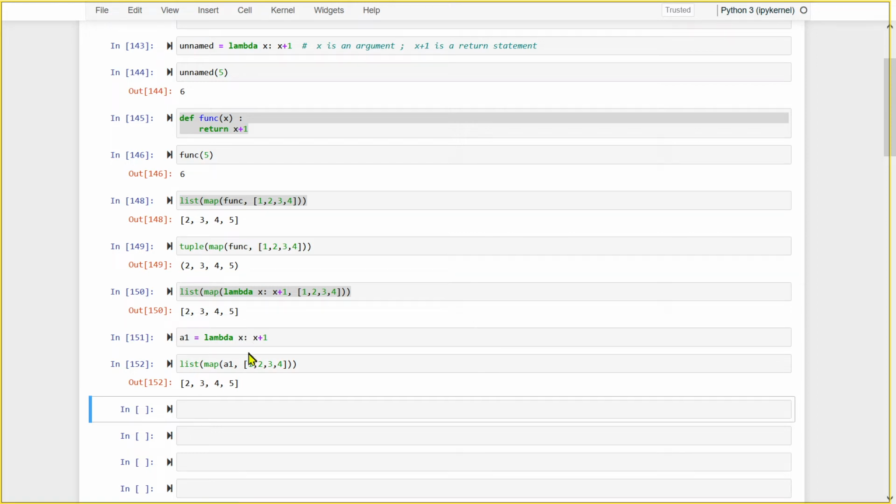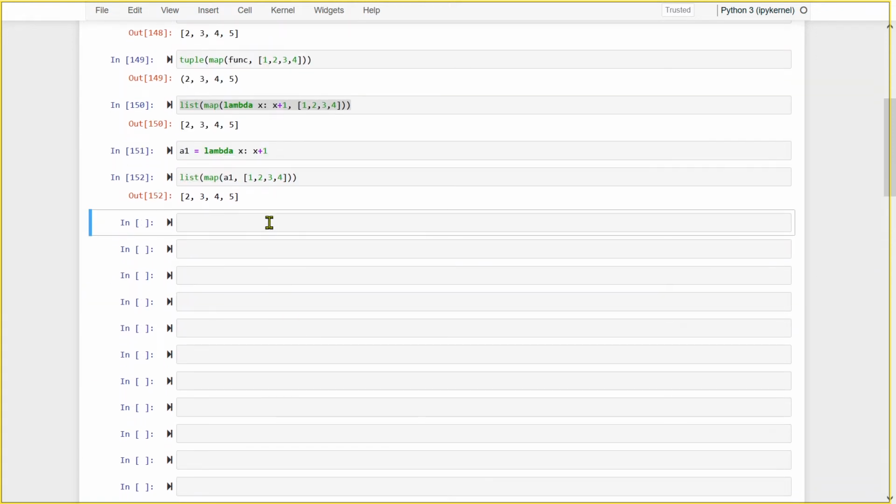I am using a lambda function, an unnamed function, and doing this because it is a very simple task. If the task becomes a little complicated, suppose my function has multiple lines, I cannot use lambda, then I will use a normal function. Say for example, I am writing a small function. I will say def sum_digits.